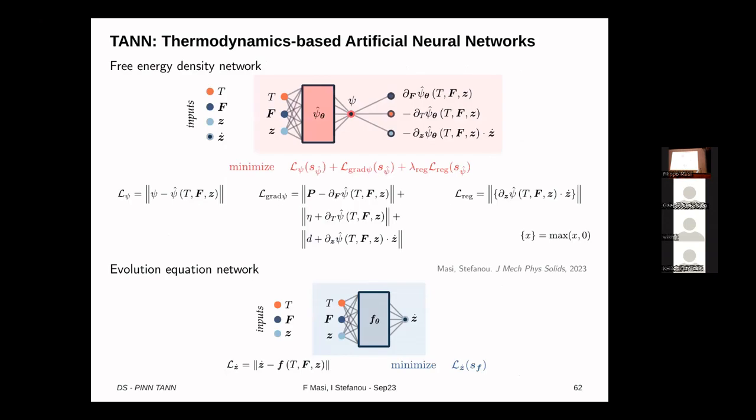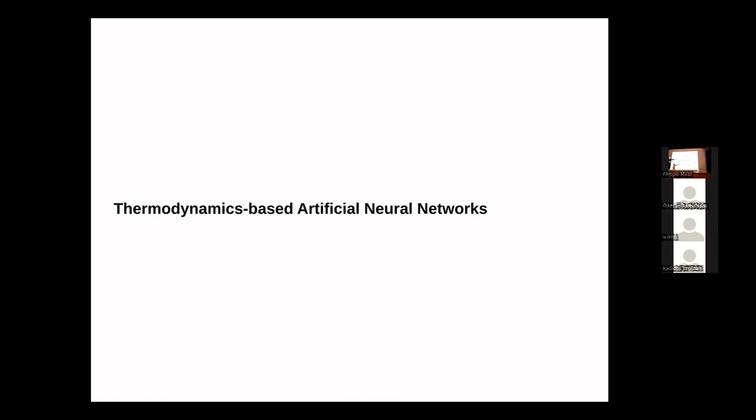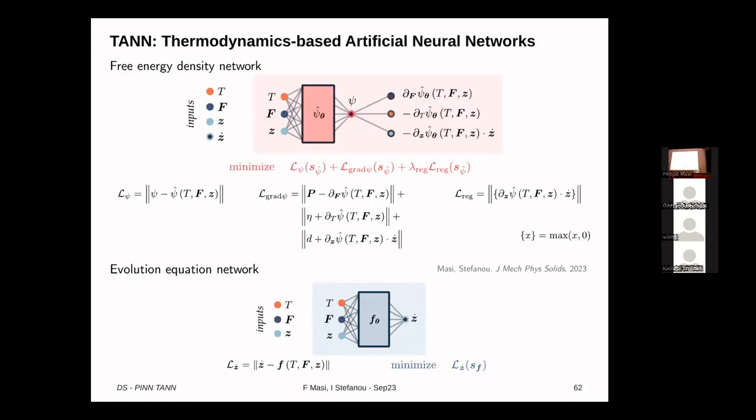So in the TANN, we have exactly what is in the course. We have a psi, and from this we can compute anything, and we have the evolution equation. Great. So this is what we do with the plan. We have first one on top. We have our input, which are the state variables and the internal state variables. We have a neural network, which we call psi of theta, that will predict the value of the free energy. Then we differentiate with automatic differentiation this with respect to the input, and we call the first derivative above equal to the